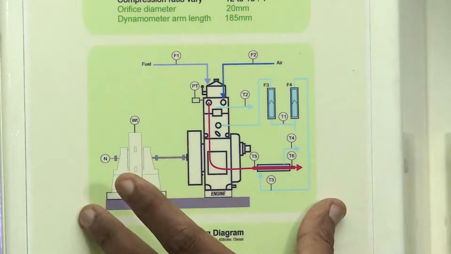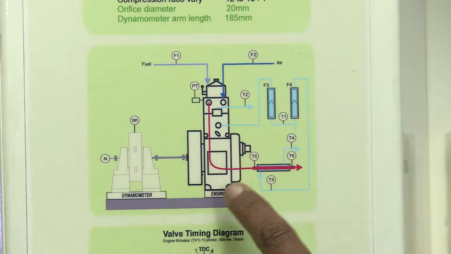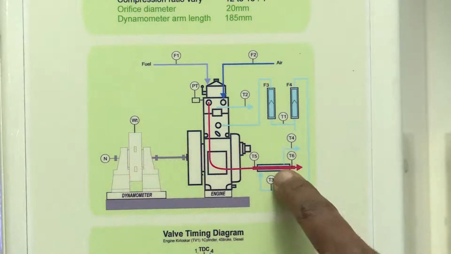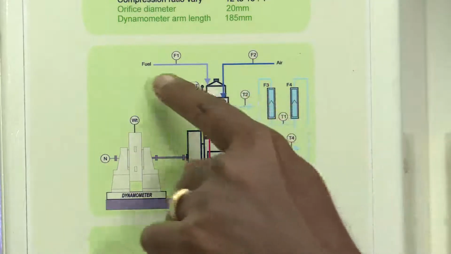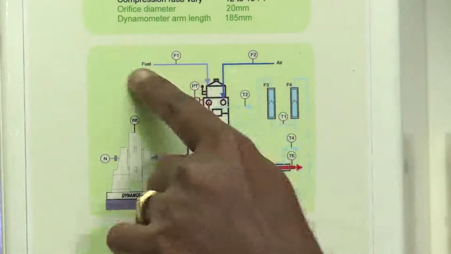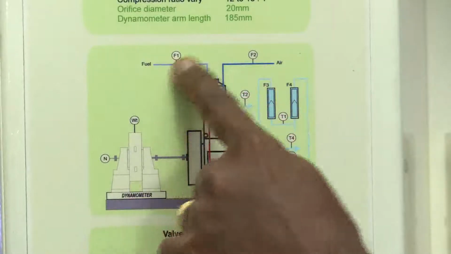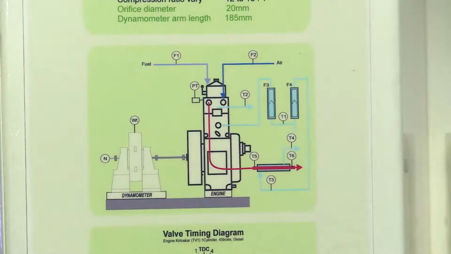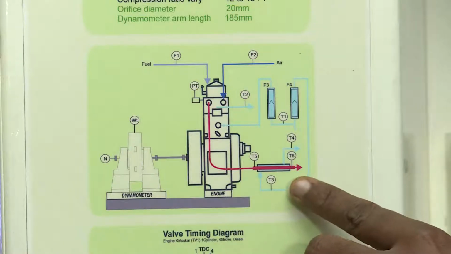This is the exact block diagram of the experimental setup which you saw now. This is the engine part, this is the dynamometer part, this is the calorimeter, and this is the water flow meter. Here air and fuel enter into the engine. This is the air flow and this is the fuel flow, named F1 for the fuel and F2 for the air. I already told you there are 6 thermocouples connected for measuring the temperature at 6 different points. I will mention them one by one for your easy understanding.